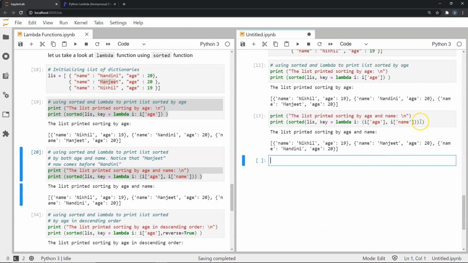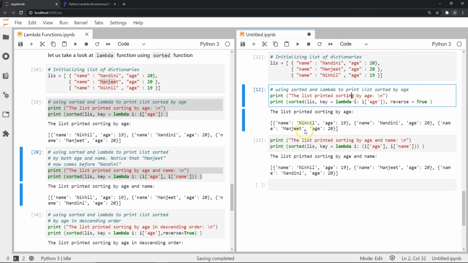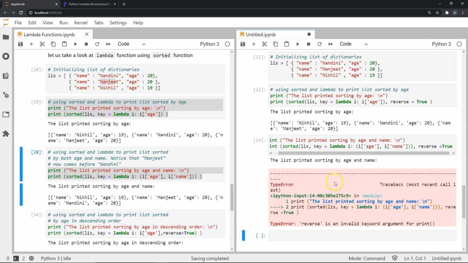Now if we wanted to do the same thing, but in a descending order, all we have to do is, after this key parameter, give another parameter called reverse, and give it true. If we do it on this one to be more clear, and execute this, whatever result we get will be backwards now.